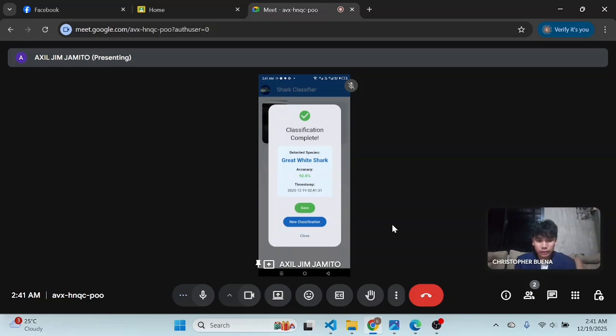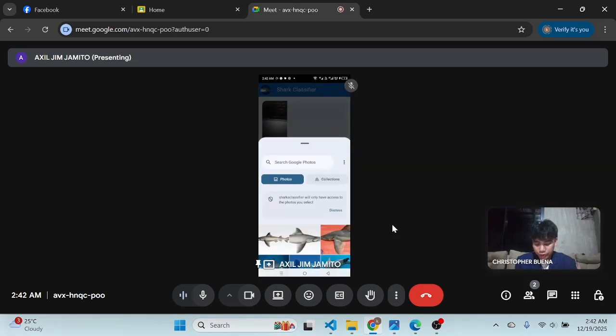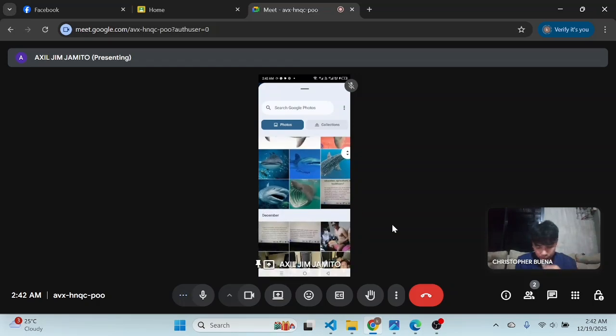Next, we're going to try the image imported from the gallery. Let's test it. We're going to press the gallery and search for a shark. We're going to press this one and test it.